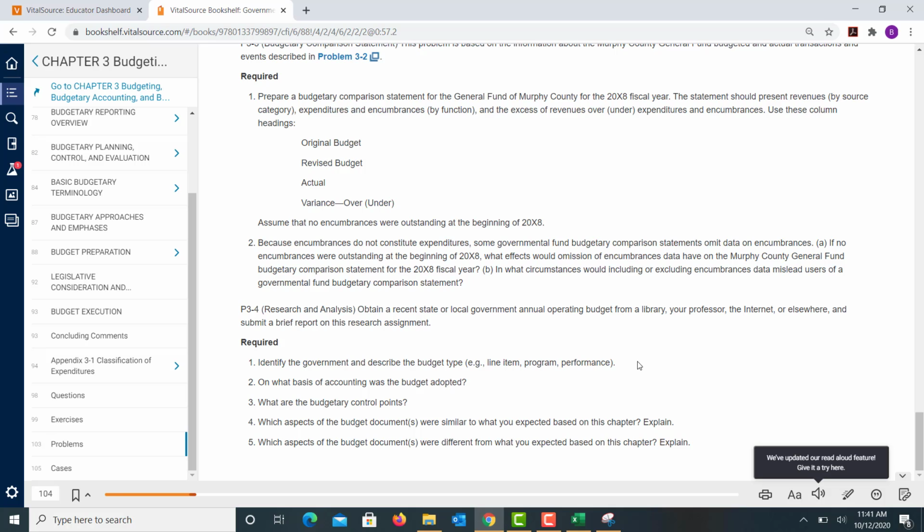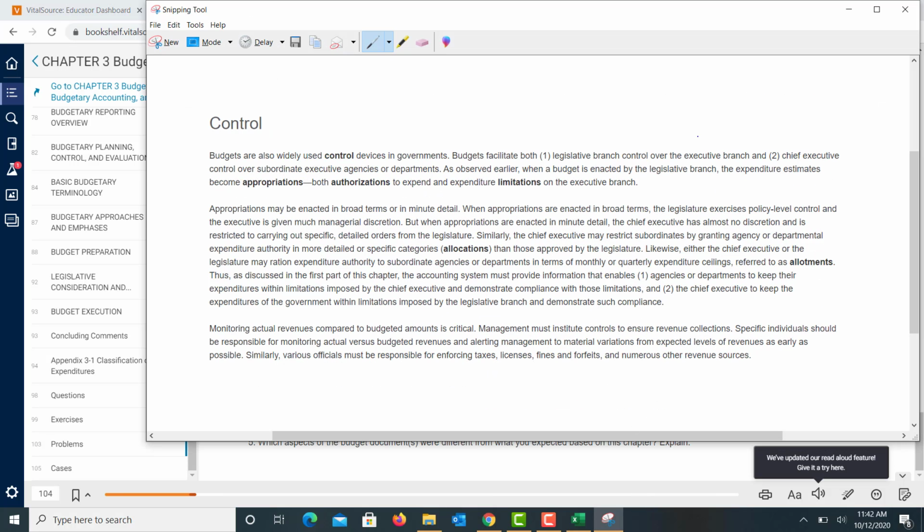Now, typically the general fund has only one type of basis, but some of the other types of funds are a little bit different. So you want to identify that for each fund type. And then you want to talk about the budgetary control points. So if you look at page 83 of your book, and I just copied this from page 83, you will see that it says,